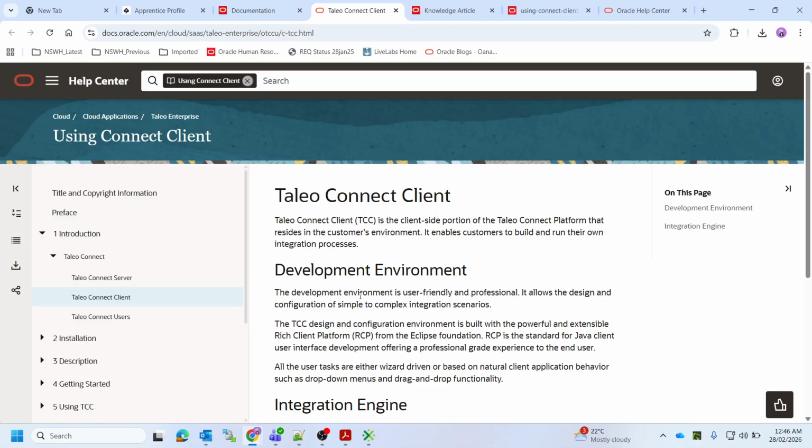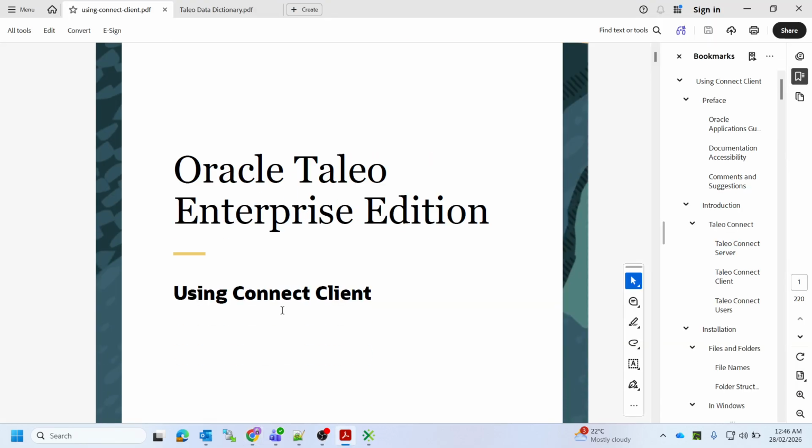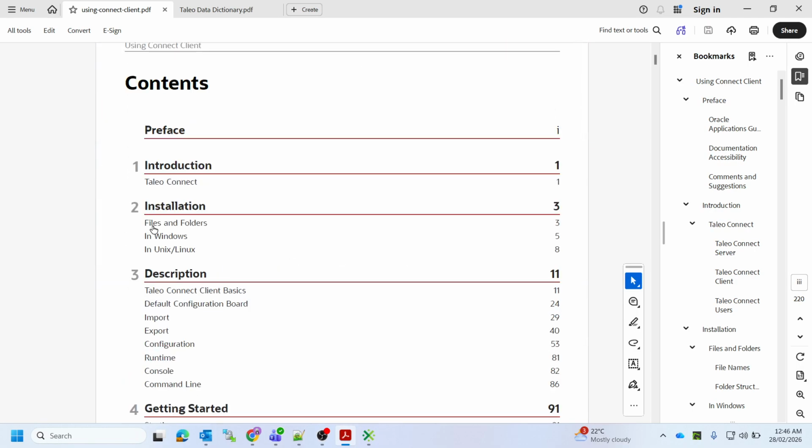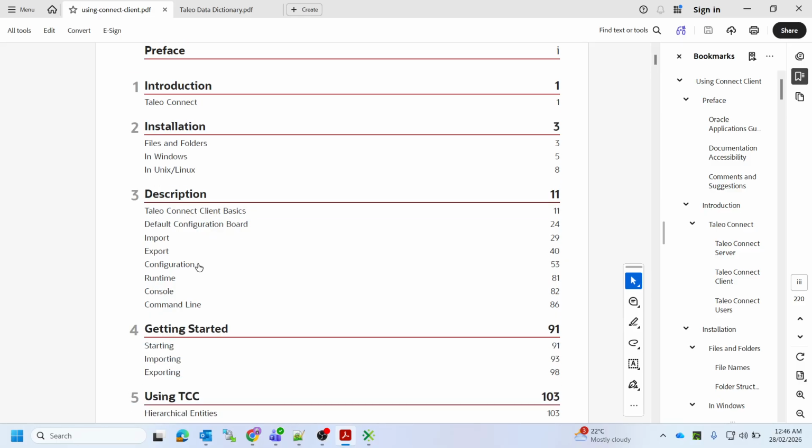Before this video, I downloaded this user guide, and I can show you. I'm not going to go line by line, but just a sneak peek of what the documentation looks like. It will talk about the product, how to install it, some basics, and obviously the most important part: the whole objective of using this tool is either to import data into Taleo, or to export certain data out of Taleo. So if we go to the basics,